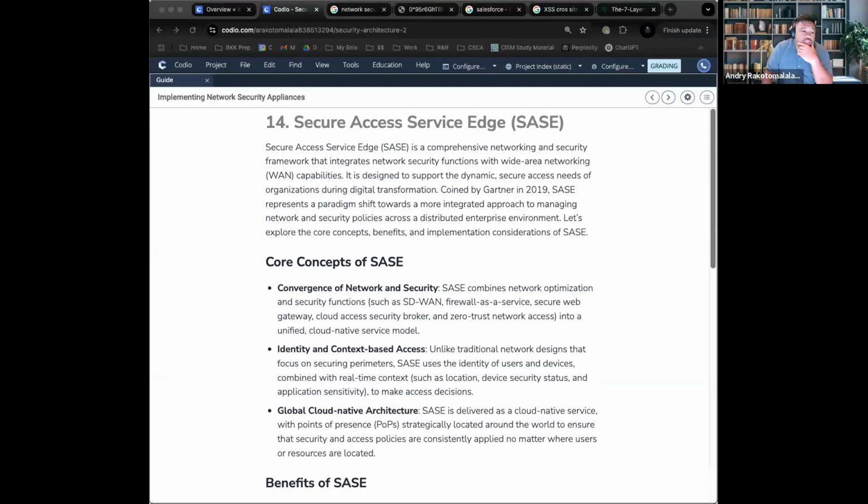Now, there's also another service called a Secure Access Service Edge, a SASE. Okay. I think some people call them SASEs. I call it SASE. So what is a SASE? In essence, it is a cloud native architecture, meaning that it's mainly in the cloud and it merges networking with security into one main service.